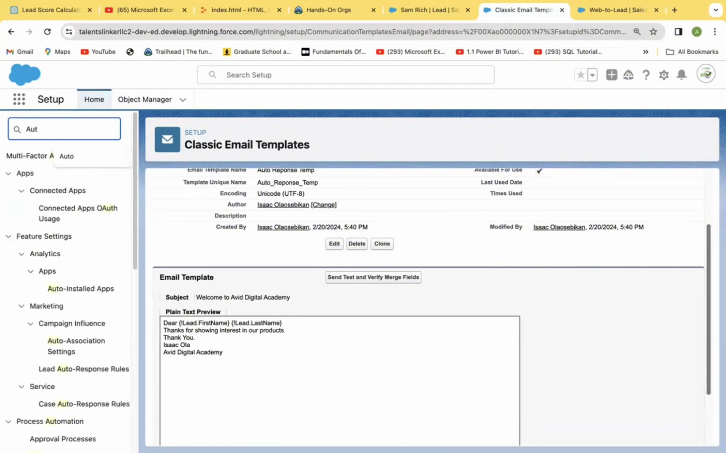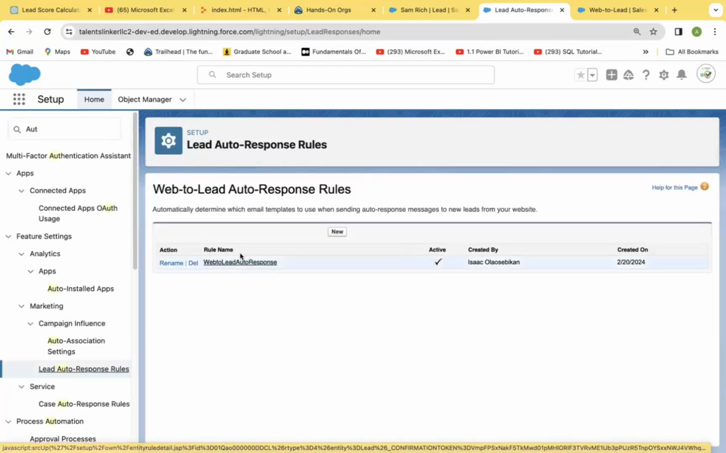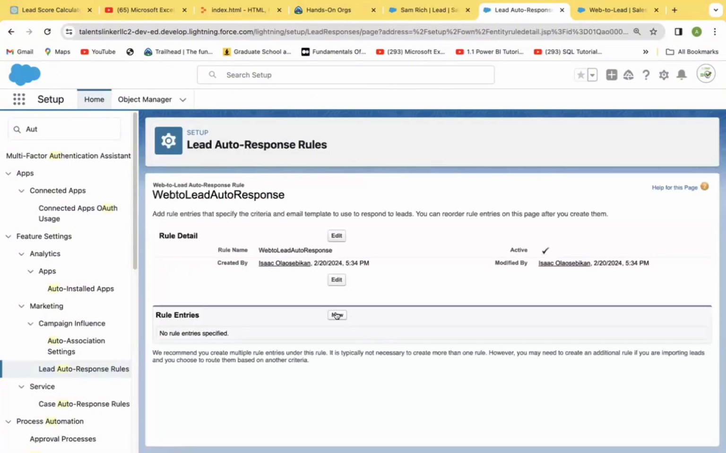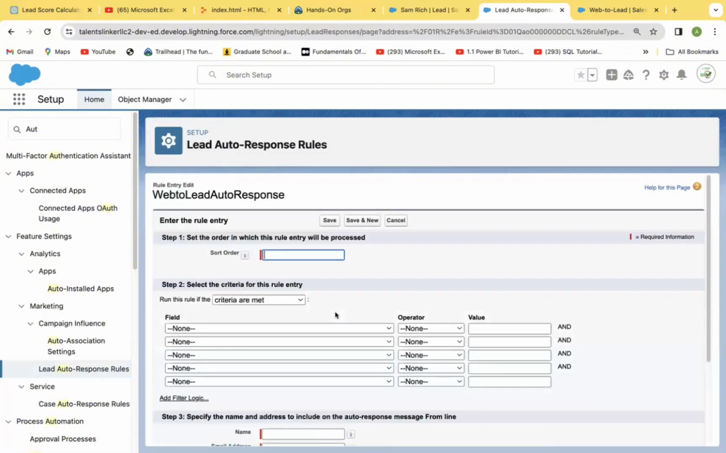Auto response. Lead auto response. So the lead auto response I was trying to create now, let me go and finish the job by giving it the role entries. Let me do the sort by one. Then I say criteria met. So I can use formula or this thing. But for now, I want to use criteria. Then I say